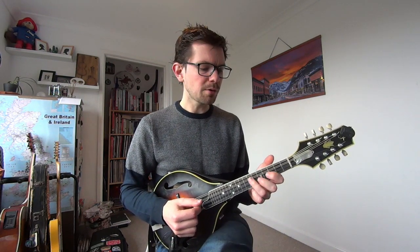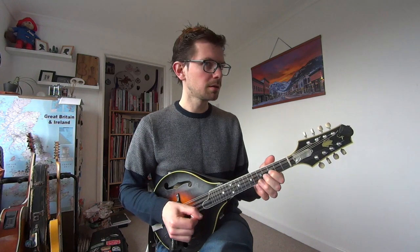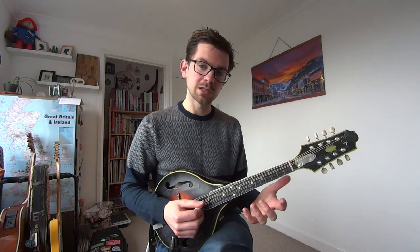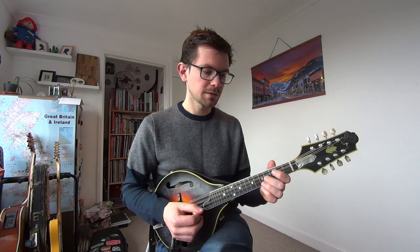So again, I probably wouldn't add double stops over it because it's quite fast moving. So I'm just going to stick to adding double stops on the longer notes, which in this instance is the two open A's on this one. So now the chord hasn't changed, we're still on an A chord, but the melody is now